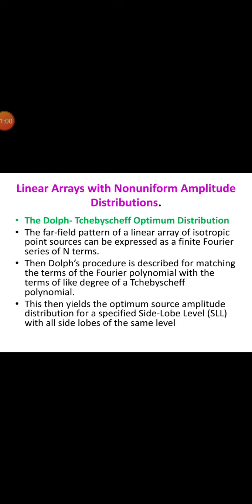So to reduce the side lobe level of a linear in-phase broadside array, John Stone proposed that the sources have amplitudes proportional to the coefficients of the binomial series. That is, the binomial series, we know that (a + b) to the power n minus 1 is equal to a^(n-1) + (n-1) a^(n-2) b and so on, where n is the number of sources.